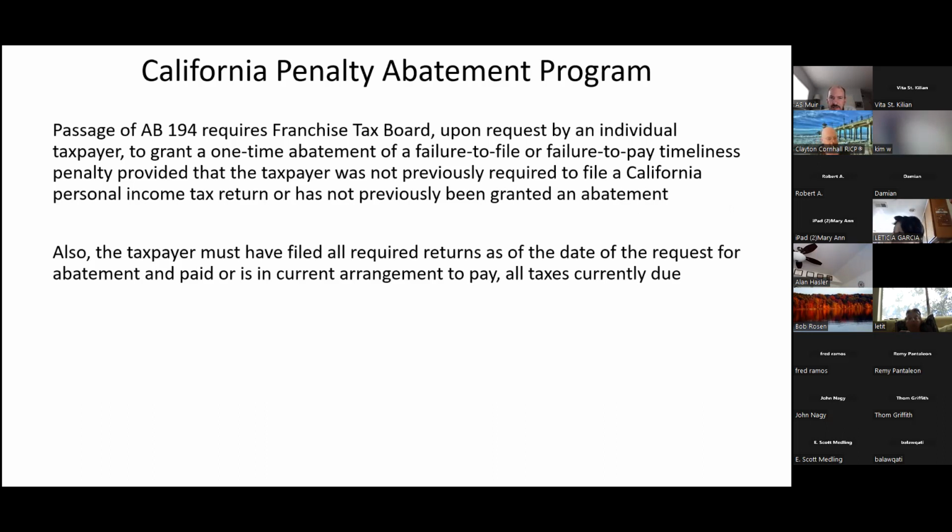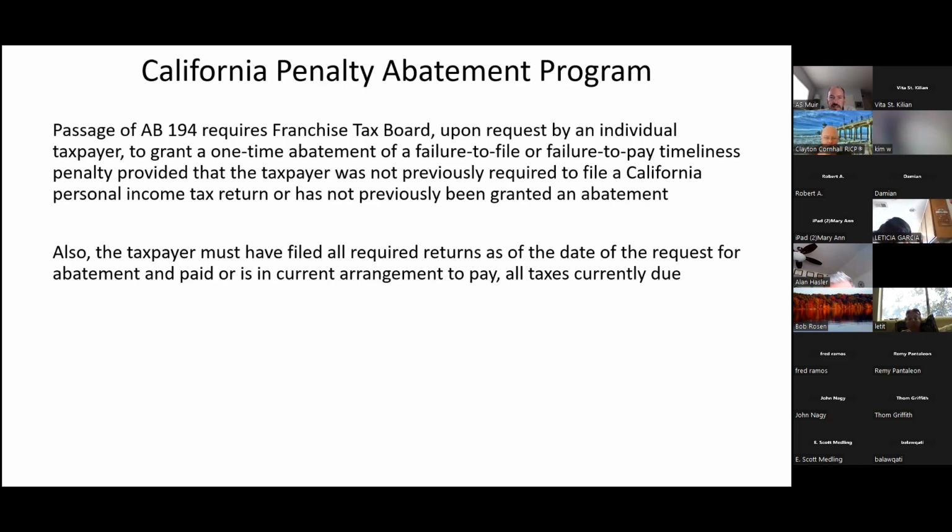And then this is something that I heard about, didn't really think much about. This is part of the taxpayer education, show them the way, if you will. So when you see AB, that's Assembly Bill 194. That bill talks about other things other than the California Penalty Abatement Program. But just focused on this program, it says right here, you have a one-time abatement of failure to file or